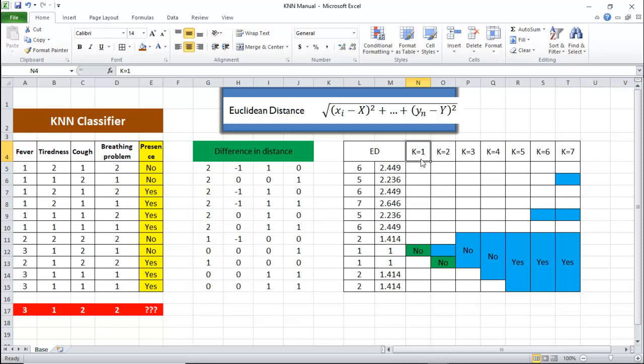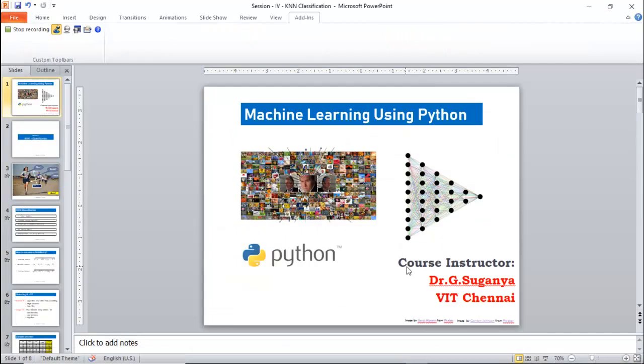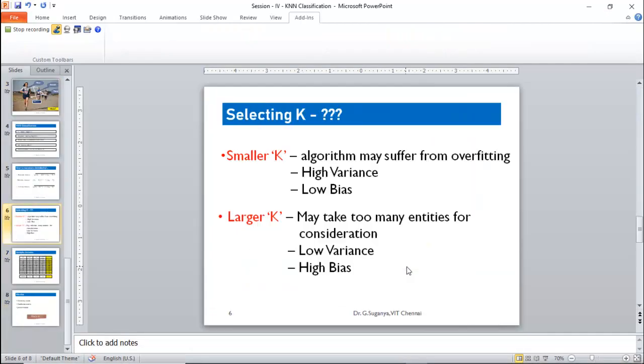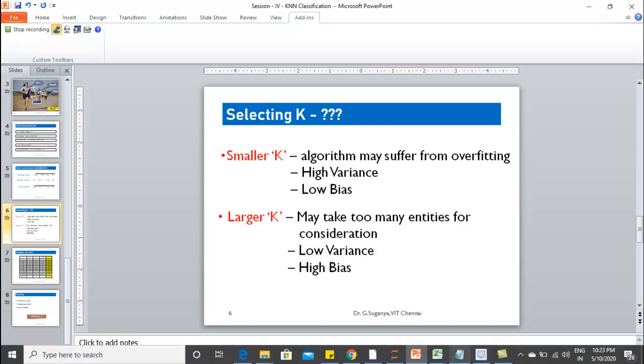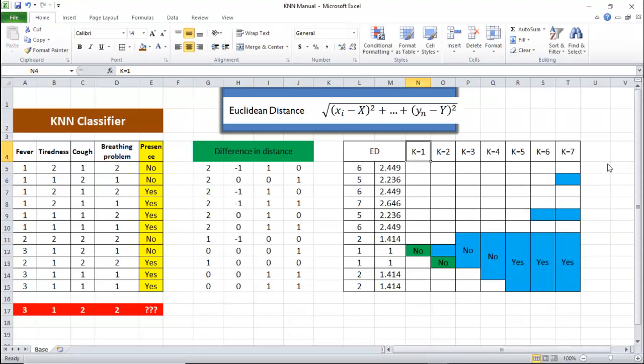When the value of K is very large, the machine model will try to take more entities into consideration.